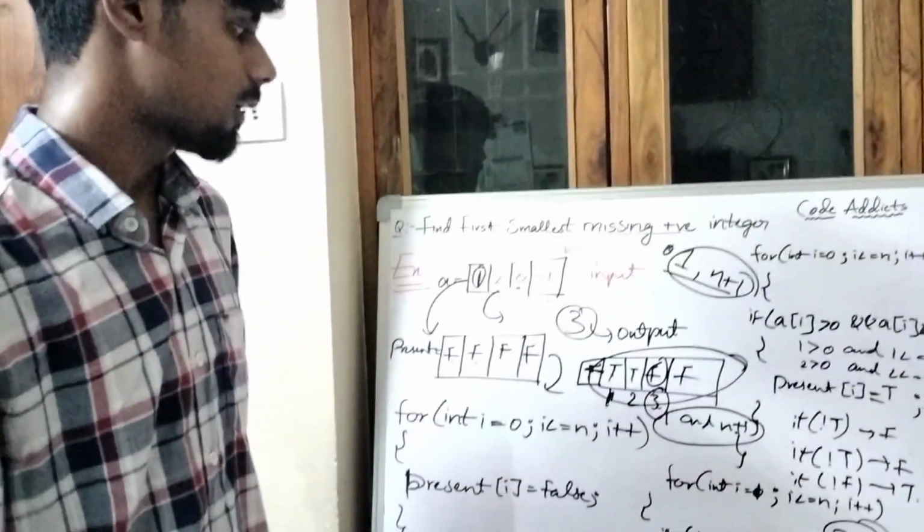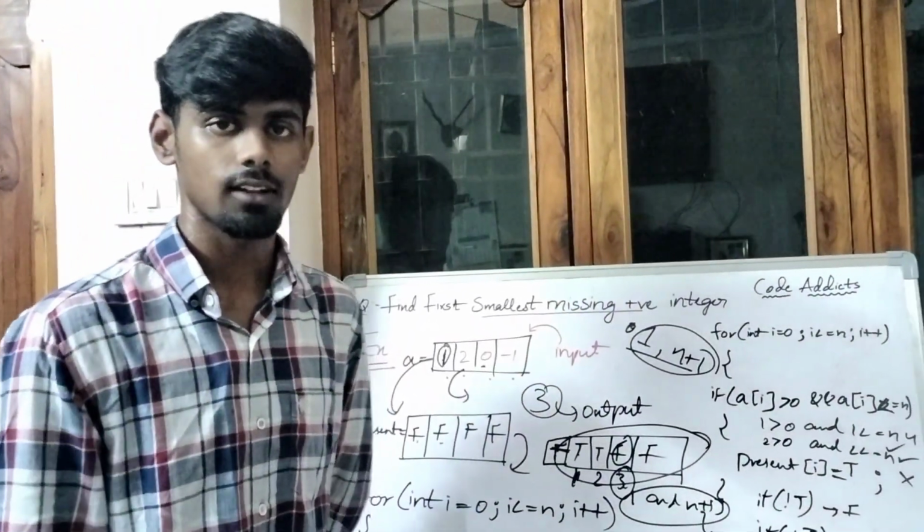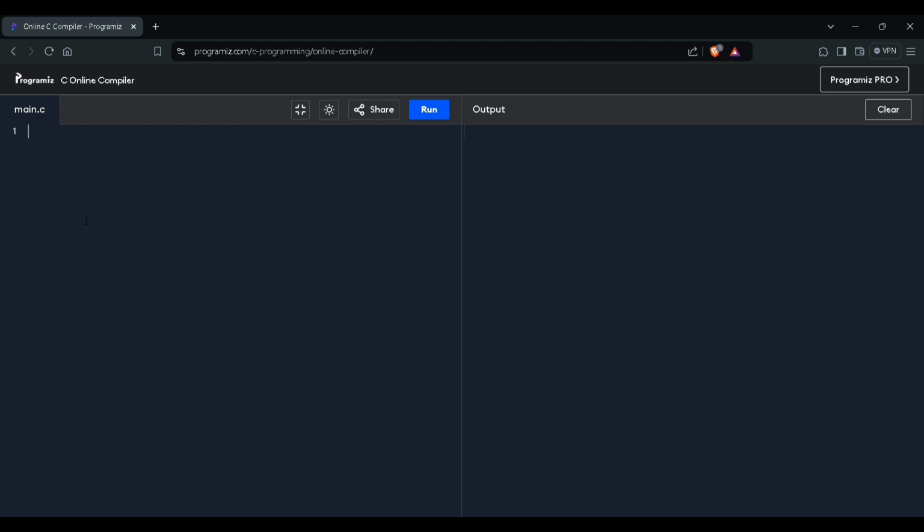So this is the logic behind this. Now we will write some code and run some test cases. Okay, now let us write the logic for this code. First of all, I will write a comment for the C implementation of the above approach. We know the structure of a C program, like documentation and preprocessor. So this is my documentation, and now I am writing the library function, hashtag include stdio.h, standard input output,